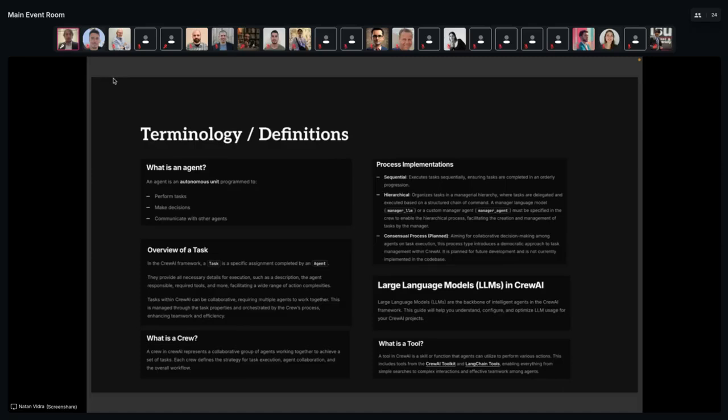To start, we should get on the same page about terminology. Taken from sites like Crew AI and PhiData, we'll call an agent an autonomous unit that can perform tasks and make decisions, similar to how a person does. You can give these agents tools and a description of what they should do in a system prompt, and then they can do these tasks.